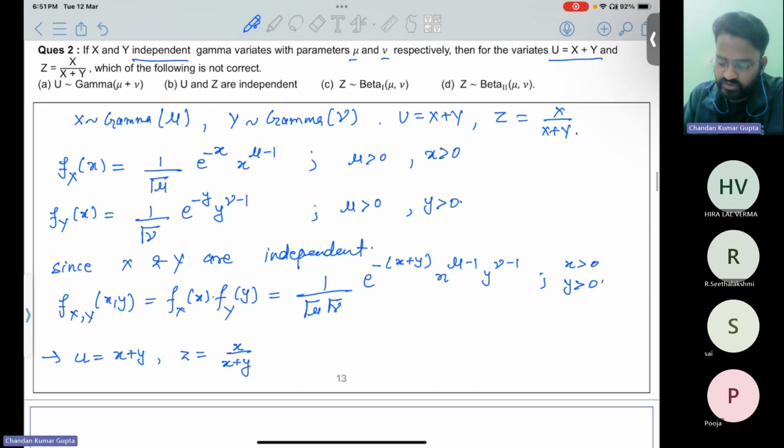So from here, x equals uz, and z equals x, uz upon u. That comes out to be z. So with the help of this, u can be written as